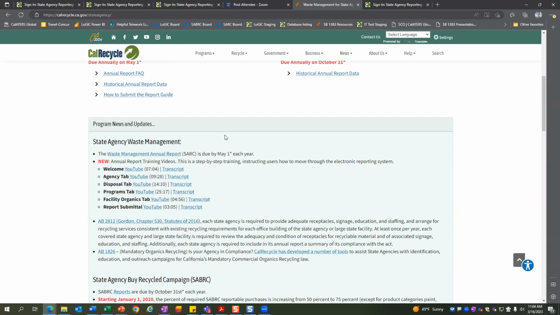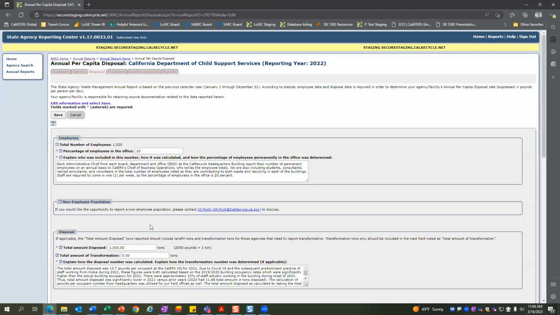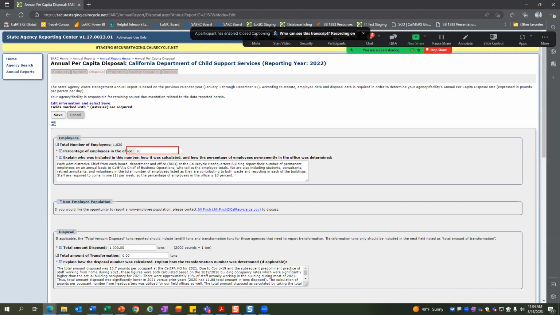So I do have one more question. If you have a hybrid situation where some staff telework 1 day a week, others 2 days a week, and others 3, etc., how do we calculate the percentage? Yeah, I would average it, generally speaking. Tell us the number they're doing one day, tell us the number they're doing 2, tell us the number they're doing 3, and average those together for what you actually put in the number box. But more importantly, describe that situation you just mentioned down here.